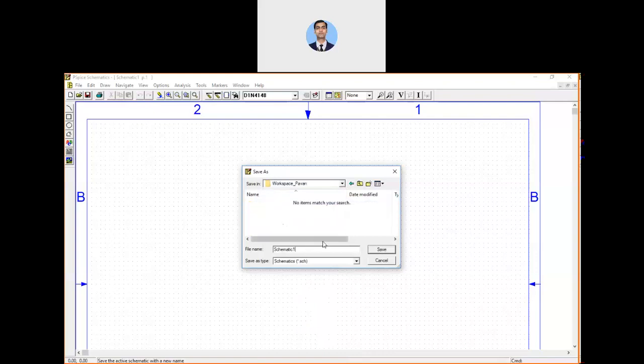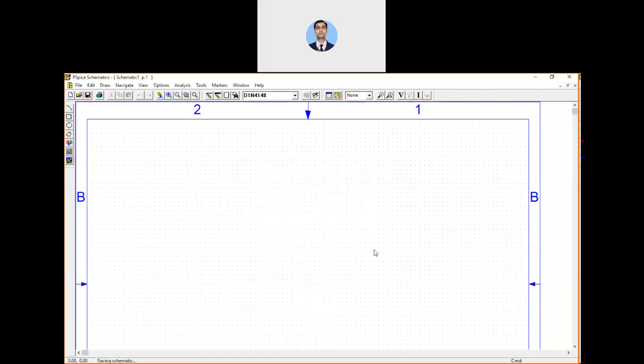I can create my schematic with any name, like project underscore one. So I have created this particular schematic in the dedicated folder. Click Save. You can see that your schematic name will appear here. That means it is now saved.